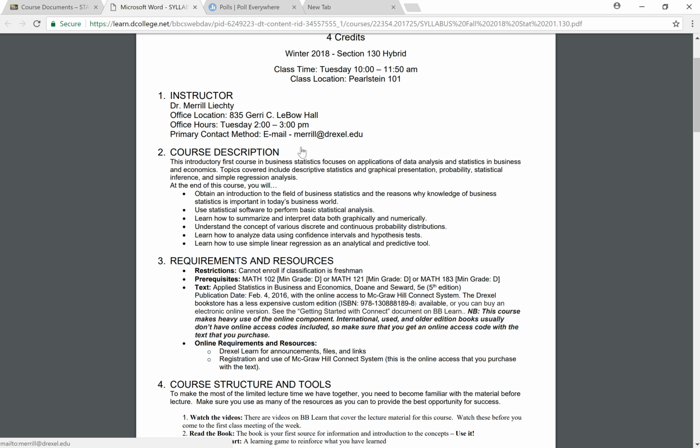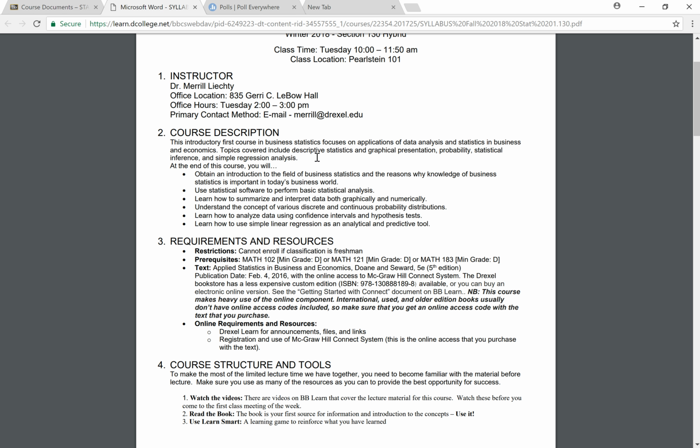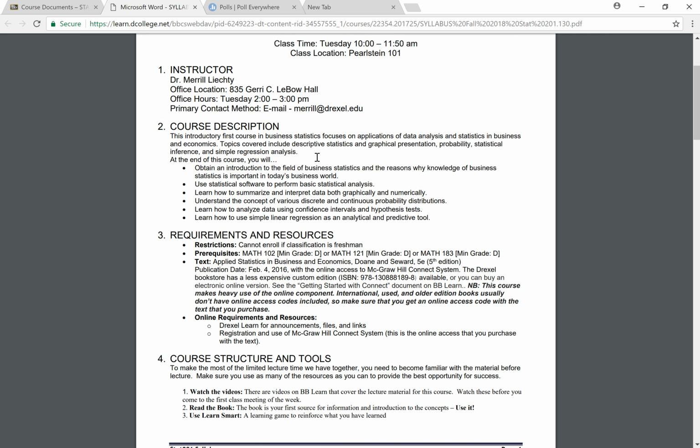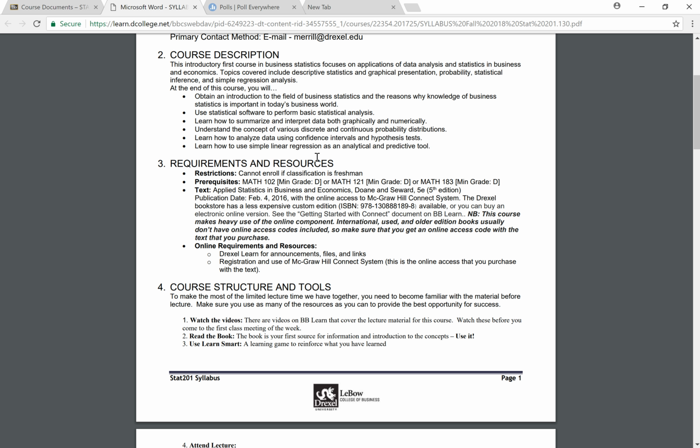But if you do send me an email, it saves me a lot of time if I'm wondering, is this Stat 601, Stat 632, Stat 201, Section 130, 131. Please identify that in the email, in the subject line if possible, and that will make things better for everybody.